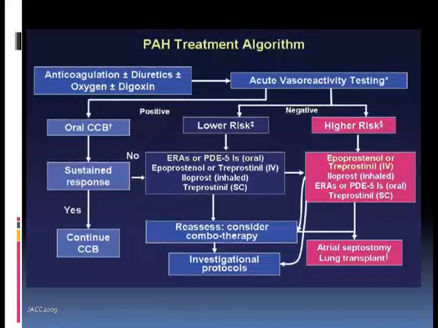You have some criteria to decide when the patient is doing well and you leave them alone, or they're not doing so well and then you need to add medication. And what you add depends on the practice. Some people add inhaled prostacyclins or subcutaneous prostacyclin, depending also on the worsening of the patient. Other people add another pill and then the prostacyclins. And the patients, obviously, this is a progressive disease without cure. Patients are going to progress further and further. Intravenous prostacyclin, transplant and so forth, that will be the progression. So that's the way most of us are treating these people, by goal-directed therapy.